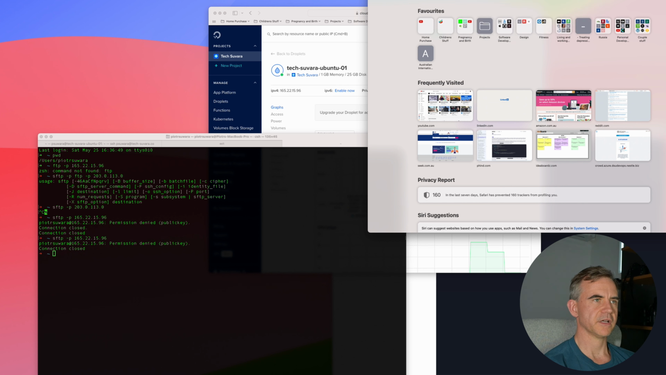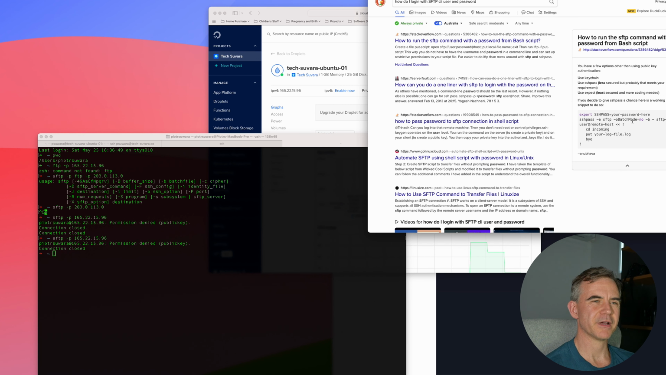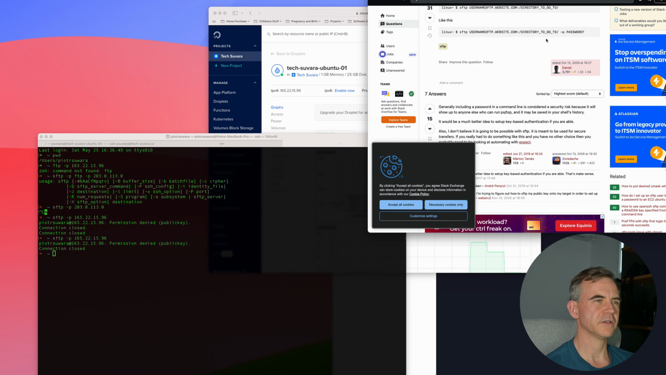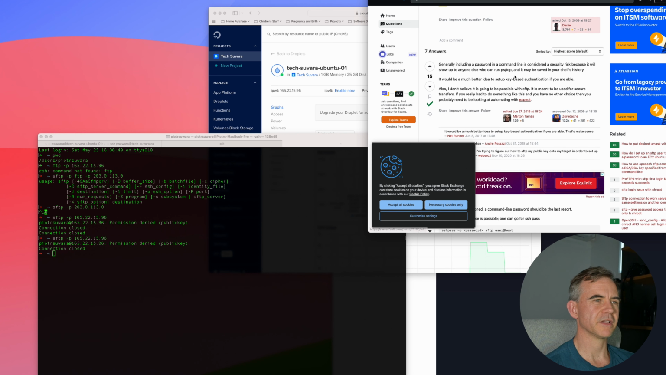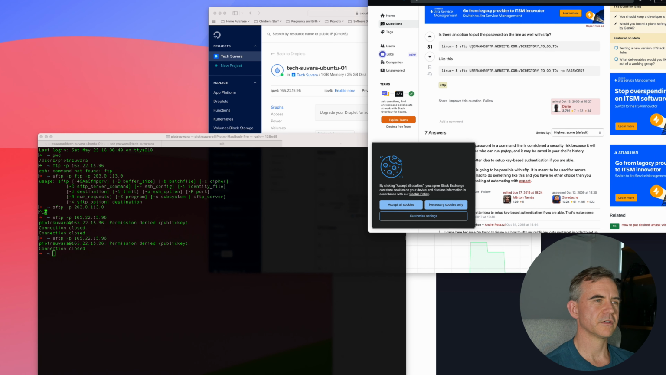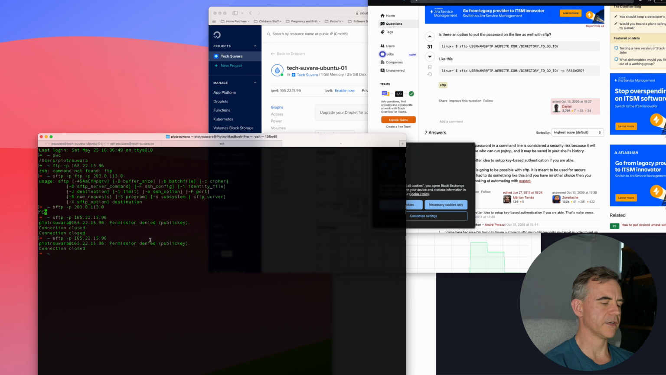Username, password. SSH password. If you have a few options, how to run SFTP command with password from bash. No, SFTP. How can you use that with password? Linux SFTP username at. Generally, including the password in the command line is a security risk. Sure, yeah, okay, but then username at, okay, SFTP -P, and it was at